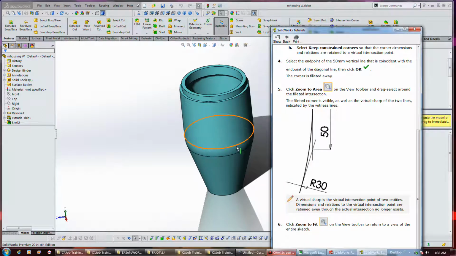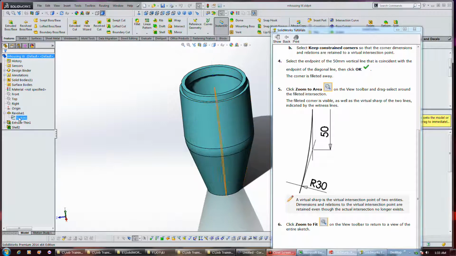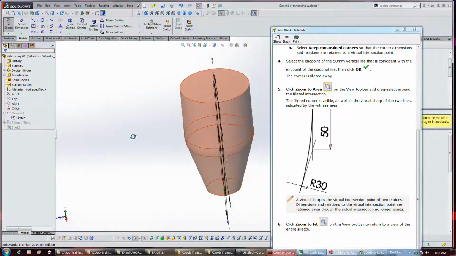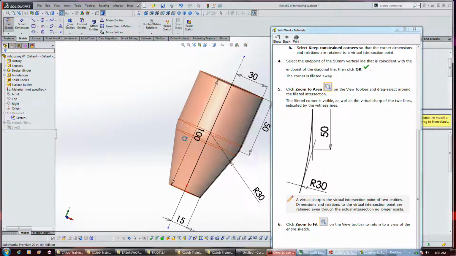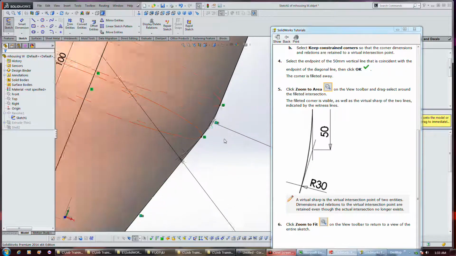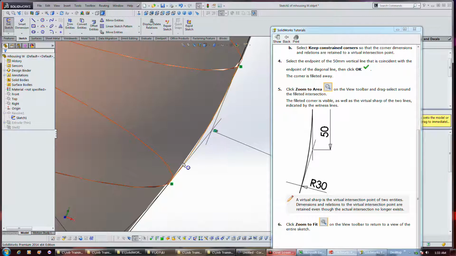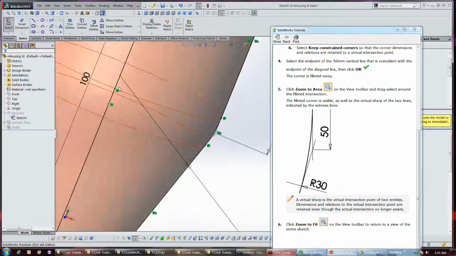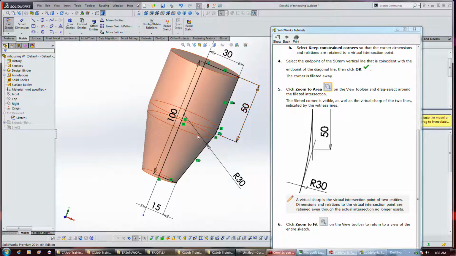So, originally they had, this is the one they already did, and I was just going through the tutor on how to make this, just to see if there was anything interesting in there. See, right here is a virtual sharp on this fillet that they created. So they still have this dimension going to it. God damn, I guess I'm stuck with their stupid dimension styles. Anyway,